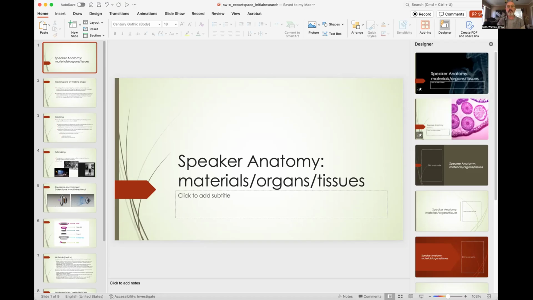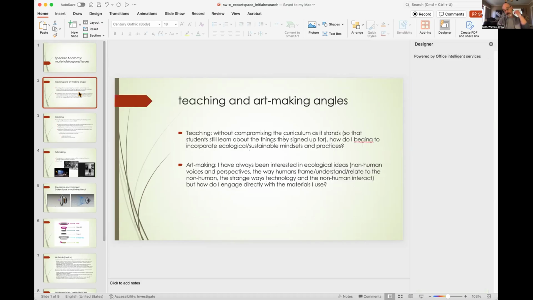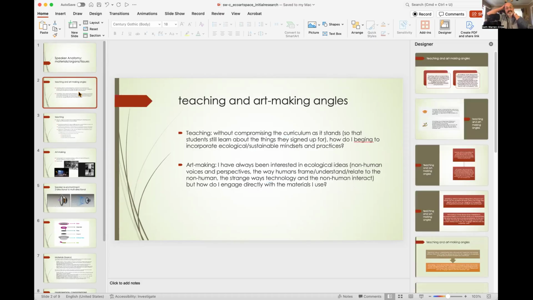And that's a long process that I'll keep thinking about forever. But one of the simplest things to do is just think about the materials that I'm teaching about and making,